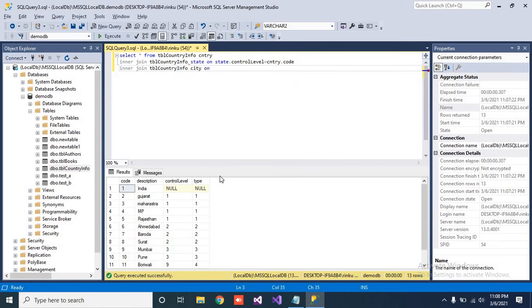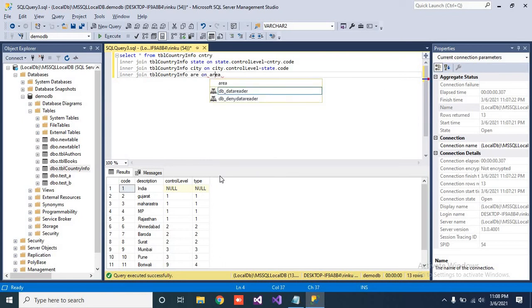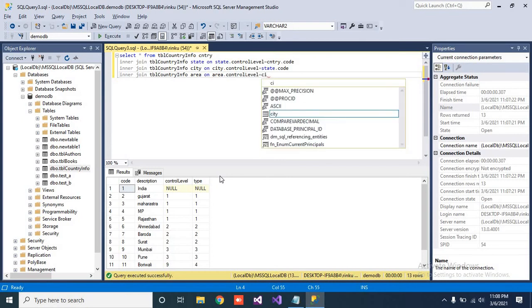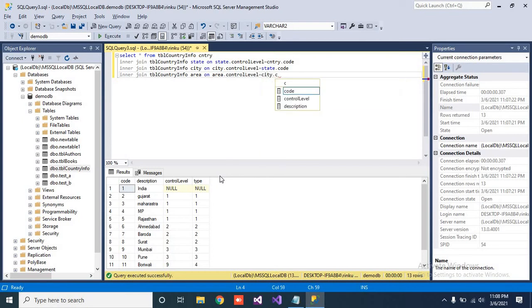City on city dot control level is equal to state dot code. And next for the area, so join TBL country info area on area dot control level equal to city dot code.